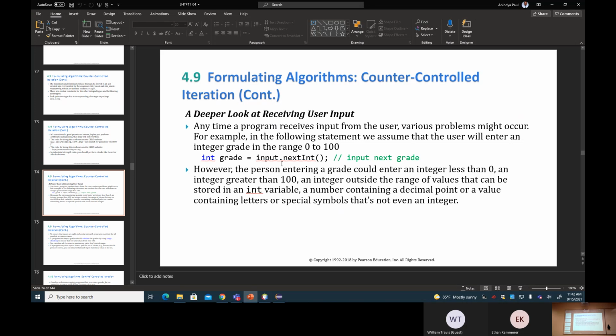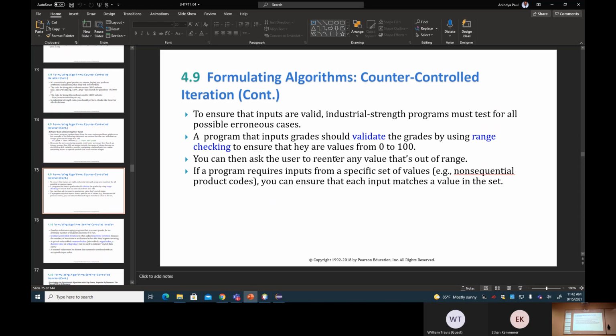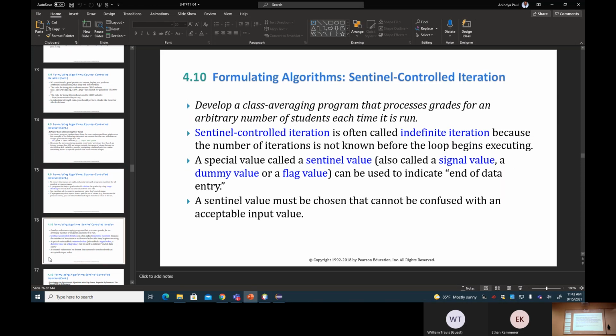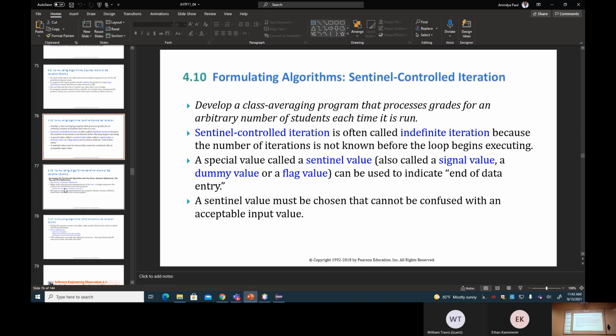So how do you stop a person? You say, input a grade in numbers between 0 and 100. And Abraham says, I'm going to put in my name, Abraham. It's going to break the program, right? So you can write different ways to stop those program breaks. All right, so this is basically to validate a range. Okay, let's take a look at the Sentinel controlled